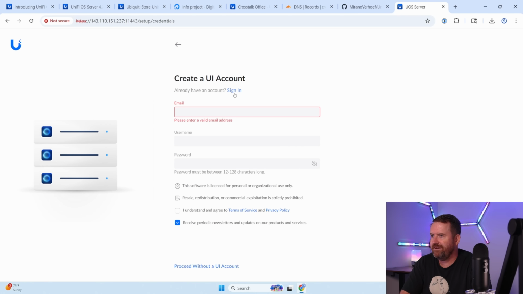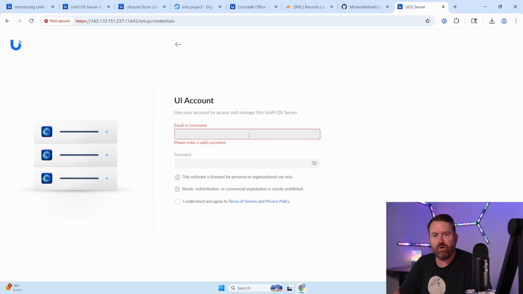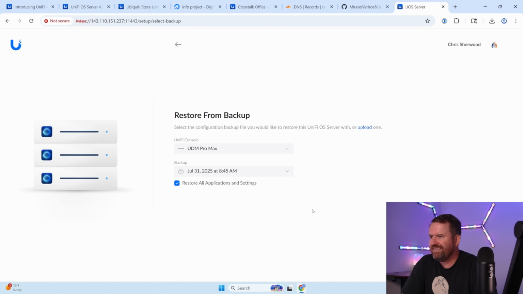So they don't want you doing that. But we're going to say sign in, and then you want to enter your Ubiquiti single sign-in credentials and then get through whatever multi-factor authentication. Okay, so I have successfully logged in, and from here we can decide to restore from backup, which I'm not